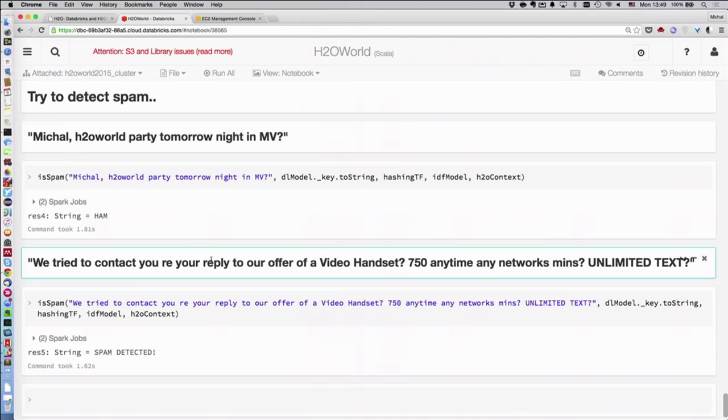So the first message, I received this message, and it says, Michal, there is a party tomorrow night in Mountain View. And it's the H2O World Party, so everybody is invited here. So is it spam or ham? I don't know. So I run my analysis tool, which we built here, and it's saying, okay, it's a good message,